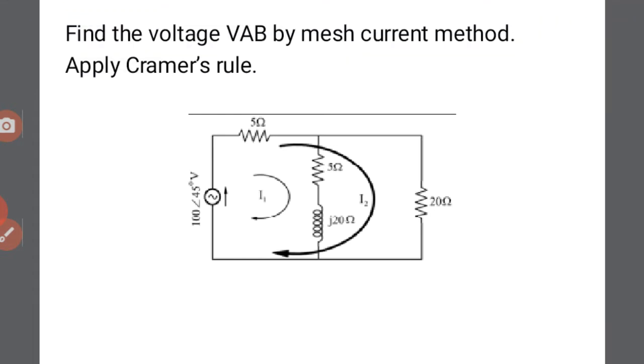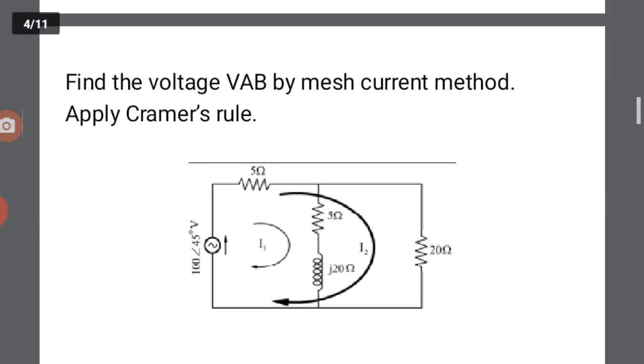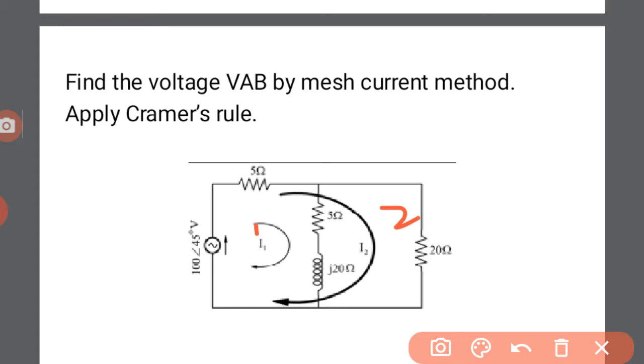Here the circuit has two loops, that is I1 and I2. We can apply two methods here. Either we apply the direct method, with I1 current and I2 current within the total circuit, or we consider two loops, one loop and the next one as the second loop. Both ways we can solve for the voltage VAB. Here we are considering the direct method.